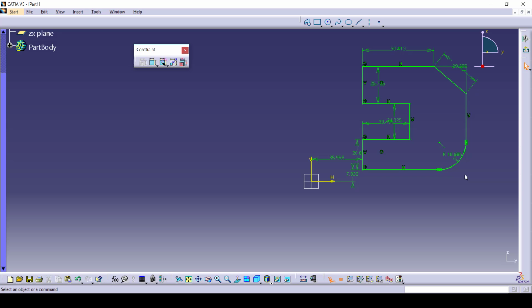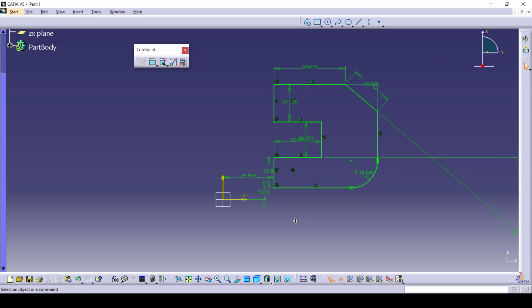As I told you, this green in color shows that my sketch is completely constrained or ISO constrained. When it is in white in color, if I just delete any one parameter, so you can see it is white in color. That means it is under constraint. It is not constrained. So you have to constrain either geometrically or dimensionally. Okay. Now if suppose I provide one more constraint here, what will happen? It is over constrained now. Now this sketch has been over constrained. That's why it is in magenta in color. Okay. So there are three kinds of colors: magenta, white and green. So green is completely constrained. Magenta will be over constrained, which you don't require. So just delete that. And white is under constraint, which you need to constrain.